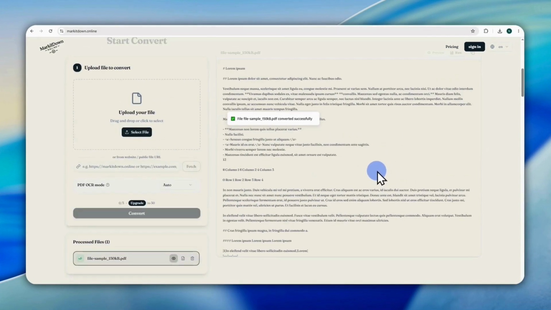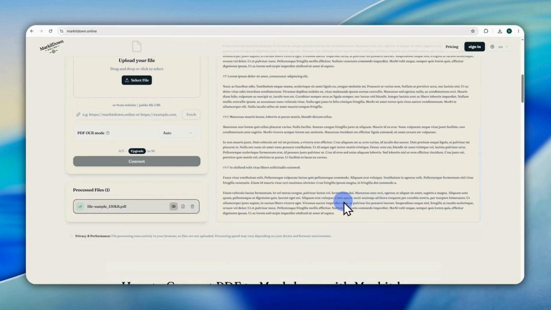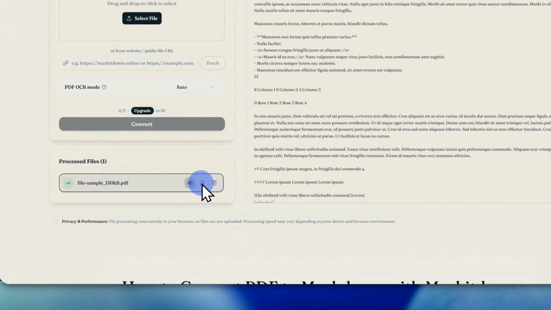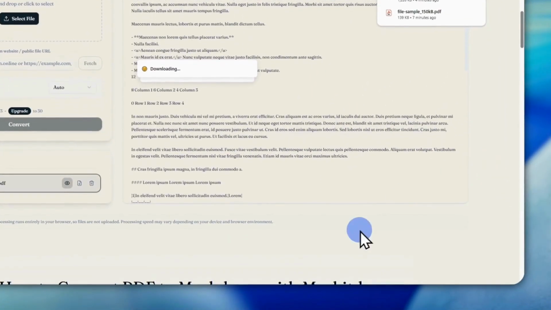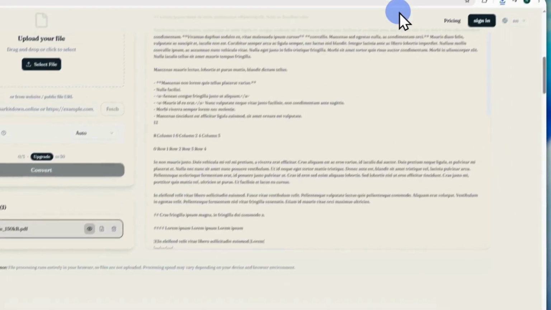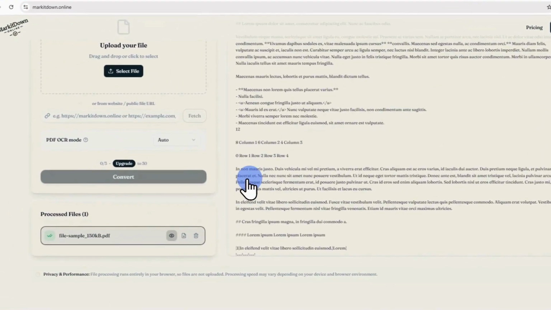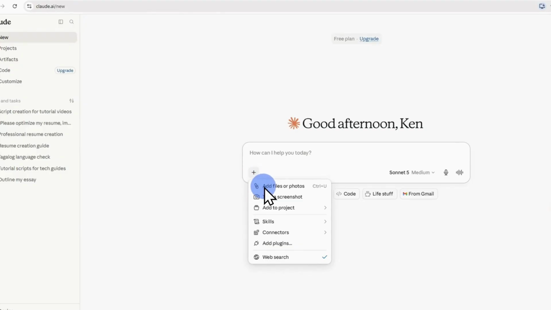Once it's finished, you'll see a clean Markdown preview with the document's headings, lists, tables, and other content. If everything looks good, click Download to save the Markdown file to your computer. And that's it. You can now upload the Markdown file to Claude instead of the original PDF, making your document